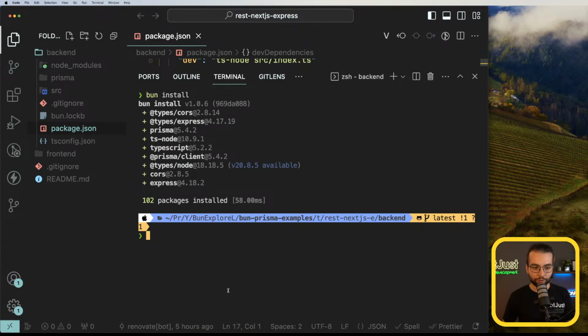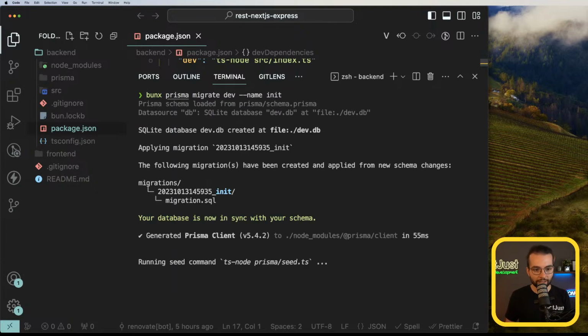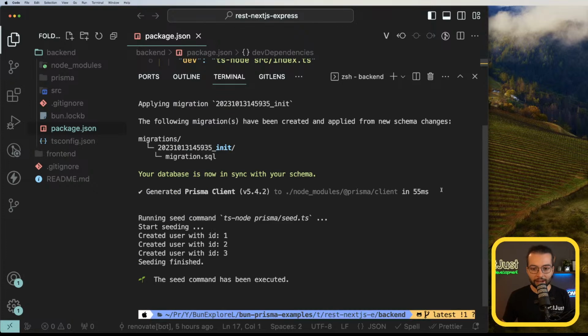migrate Prisma. So previous time we migrated Prisma using npx Prisma migrate. As I said, before we were using npx, with bun that would be bun x Prisma migrate dev --name init. Let's do that. It worked. However,